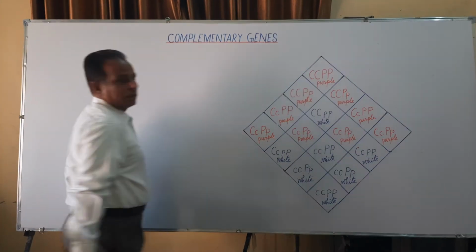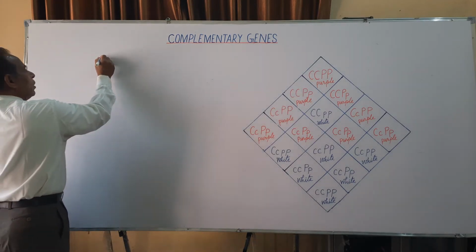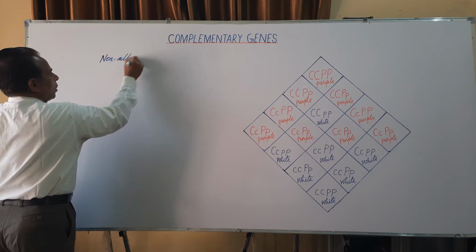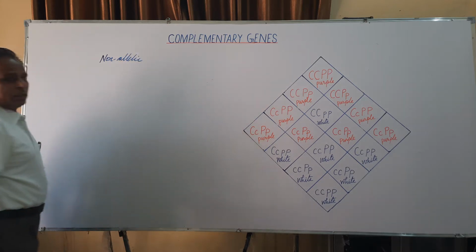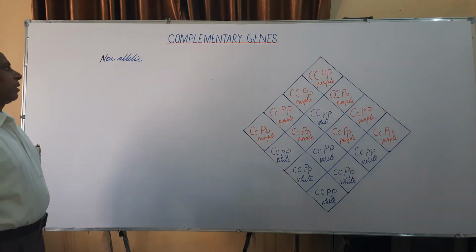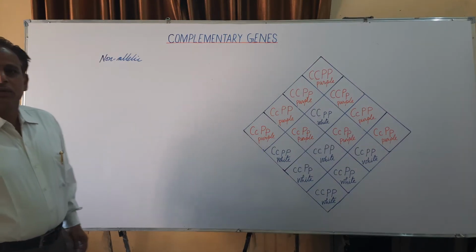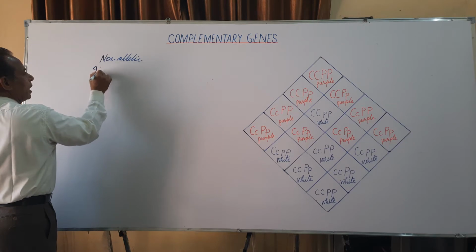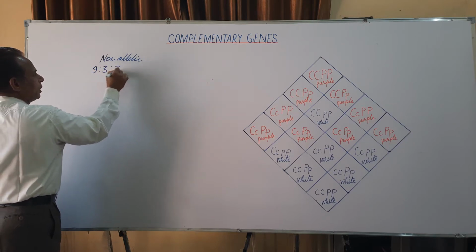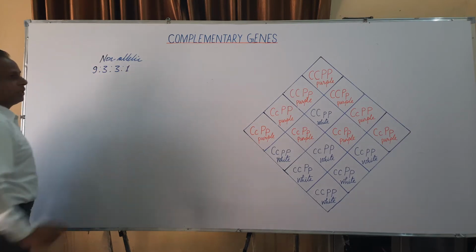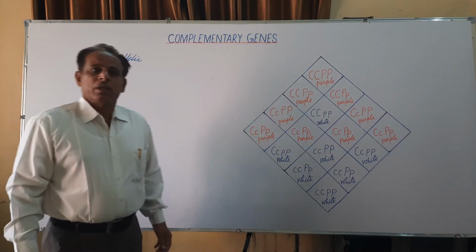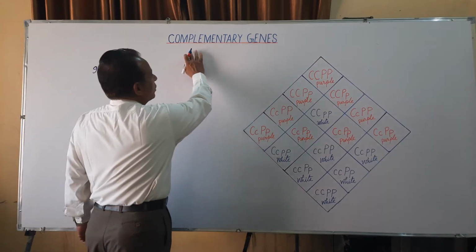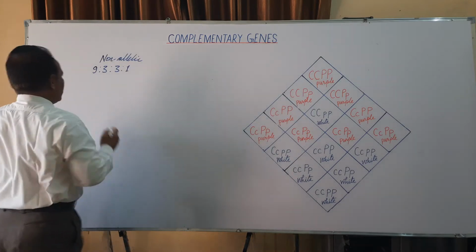Complementary genes. It is a non-allelic gene interaction which modifies the Mendelian dihybrid phenotypic ratio, that is 9:3:3:1. Hence, it doesn't follow the Mendelian inheritance. We will discuss the interaction of complementary genes by